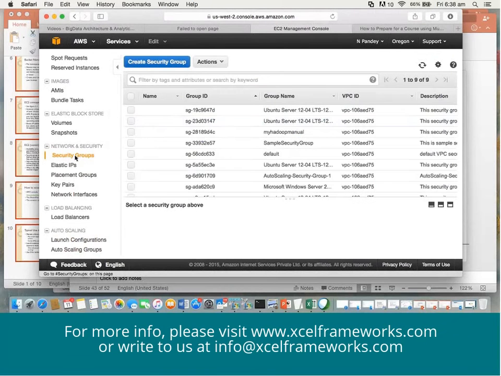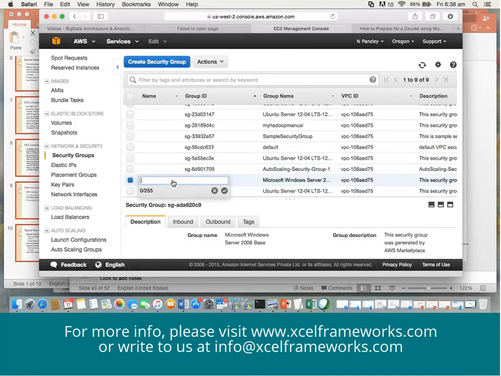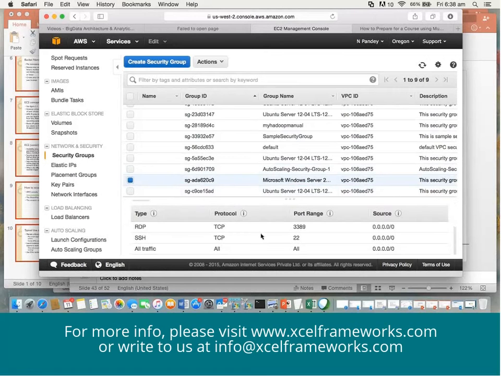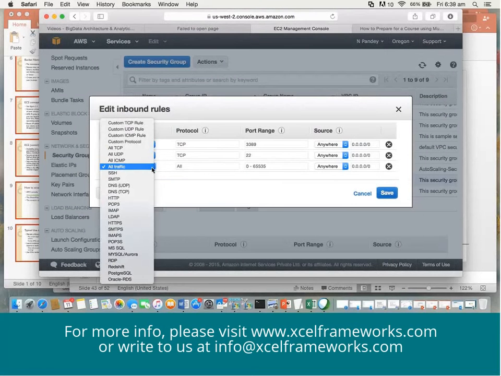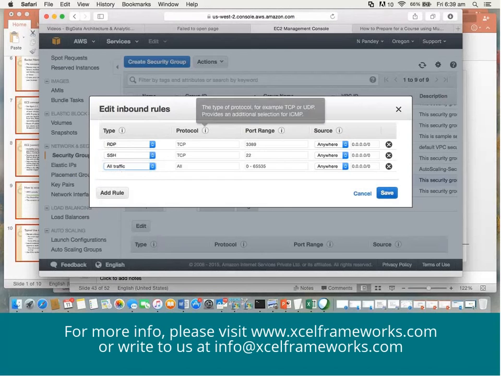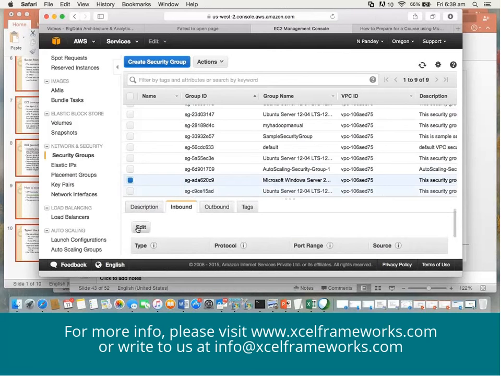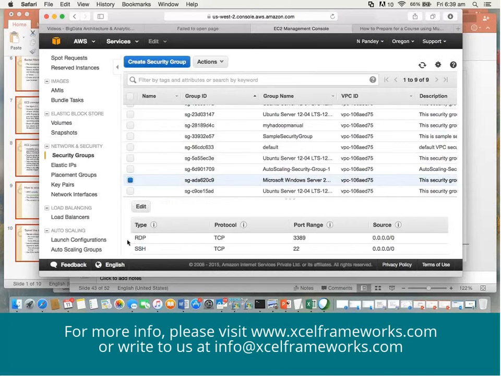Do you see? You can go and you can change. For example, we have created this Microsoft Windows Server security group. So I'll just go and I can edit it. I can give a name here if I want. I don't want to give a name. Or we can go and change if you want something. So we have RDP, SSH, all traffic. We can go and edit. If I want to remove all traffic, I can. Right? I can save. So now you have only 2 ports at which it's accessible. Right? That's the objective.